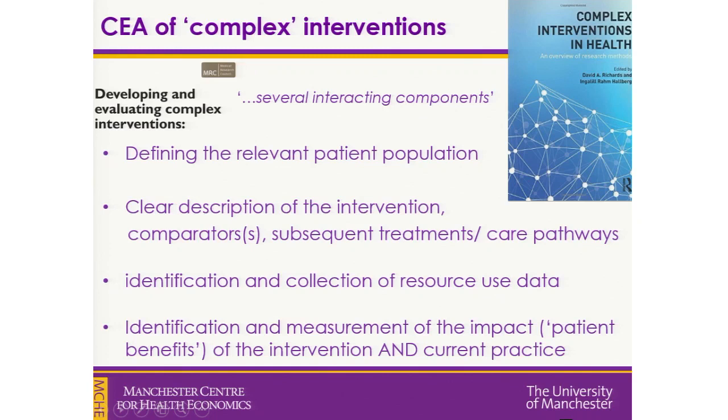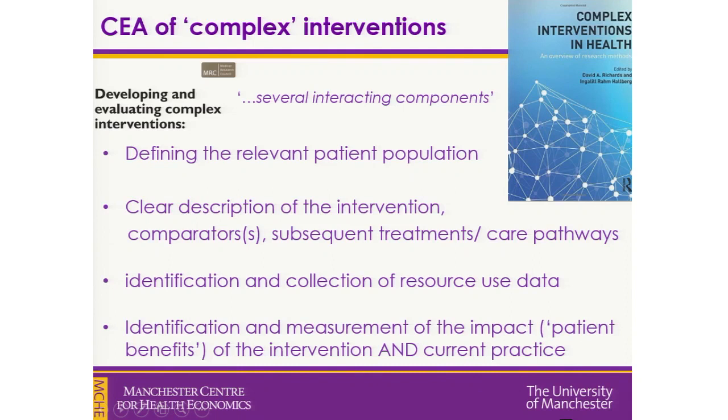The intervention, you think, well, that's easy, it's just the test. Well, it might be, but is that the test using Sanger sequencing or next generation sequencing? Does that make a difference? Who knows? The comparators, you'll see in a moment we've got quite a scary slide that shows when you start to look at more than one gene at once, how the numbers of comparators that you need to include explodes